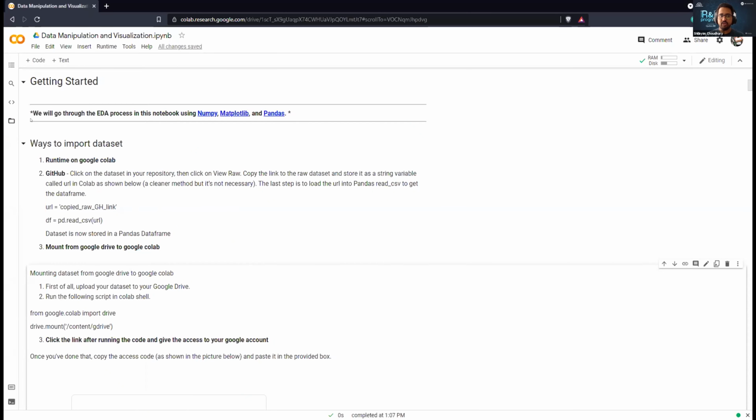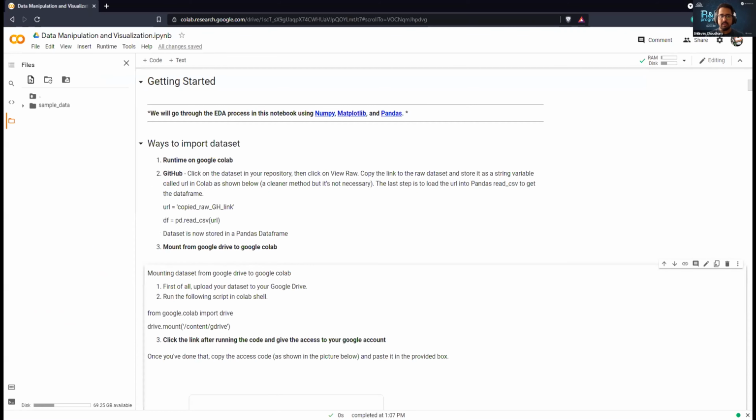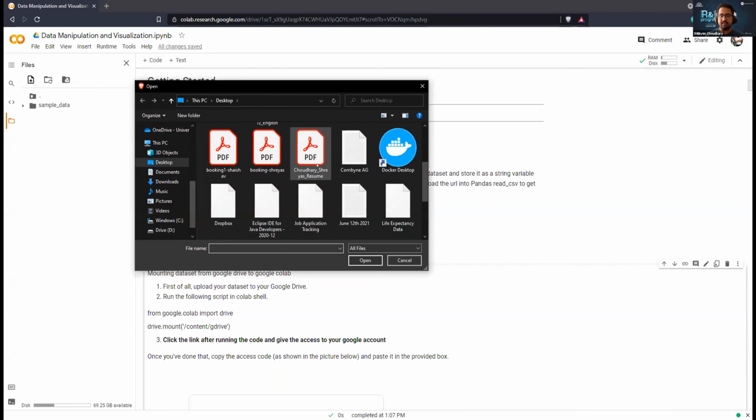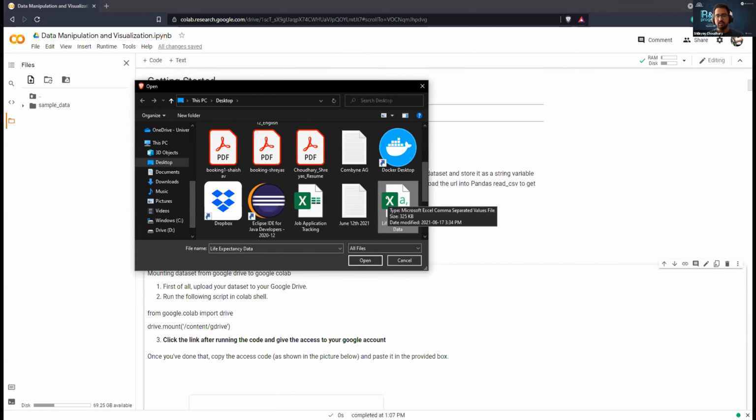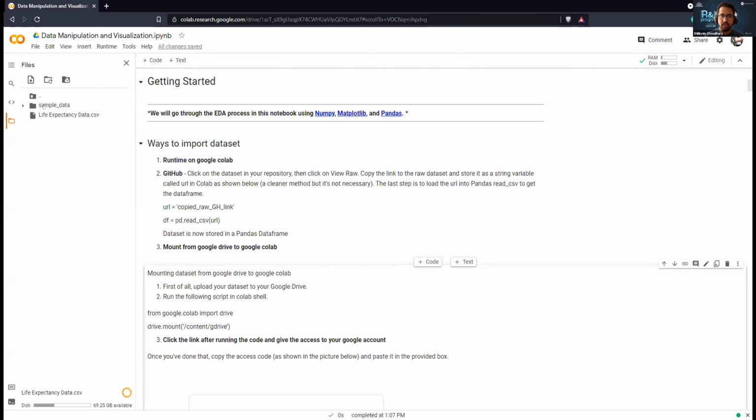For that, what we usually need to do is, on the left pane here, you can see a few symbols. You just need to click on the file symbol and then click on upload to session storage, and then navigate to wherever you have the data set on your local computer, and just open it. That way you can upload a data set here, but the only disadvantage of this is as soon